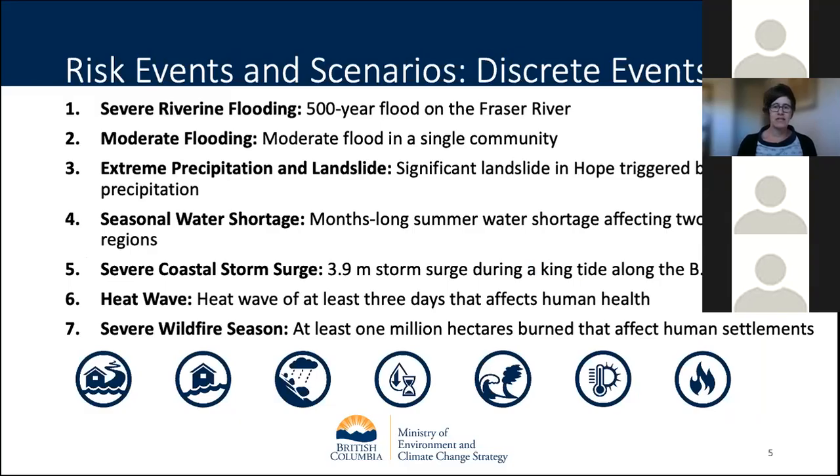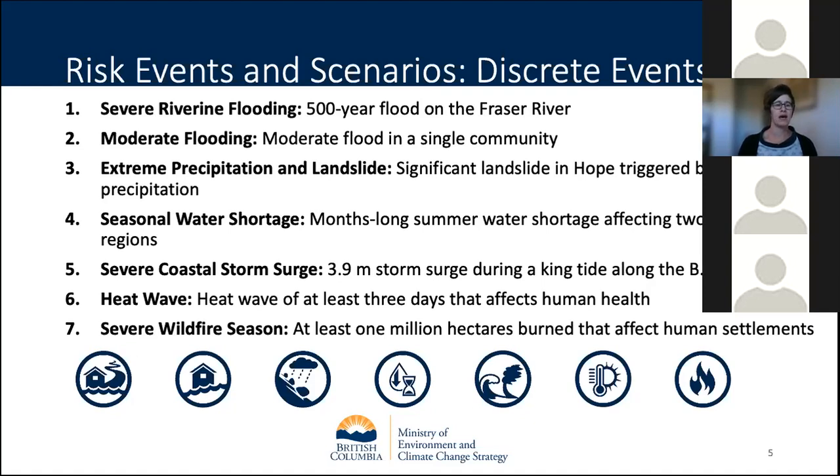Okay, so we had 15 risk events that we looked at, discrete and ongoing. We divided these up into, first of all, what you see here, our discrete risk events. These are stochastic risks that usually require some kind of emergency response. For each risk event, in bold is the risk event that we assessed, and following that is the specific risk scenario that we looked at. So in the case of severe riverine flooding, we specifically looked at the chance of a 1 in 500 year flood on the Fraser River, which is a major river system in British Columbia that travels through Vancouver. What's the risk of that happening by